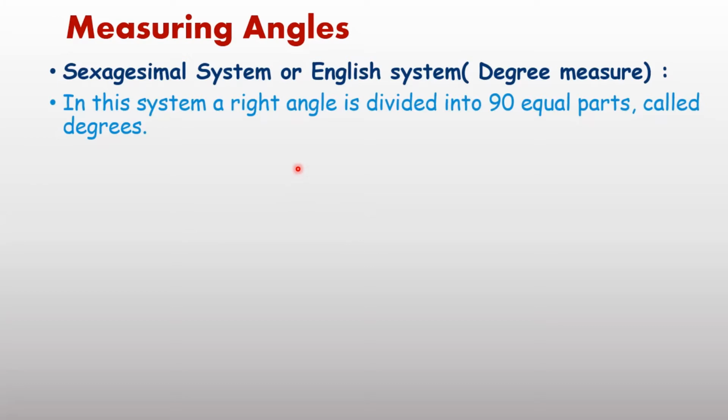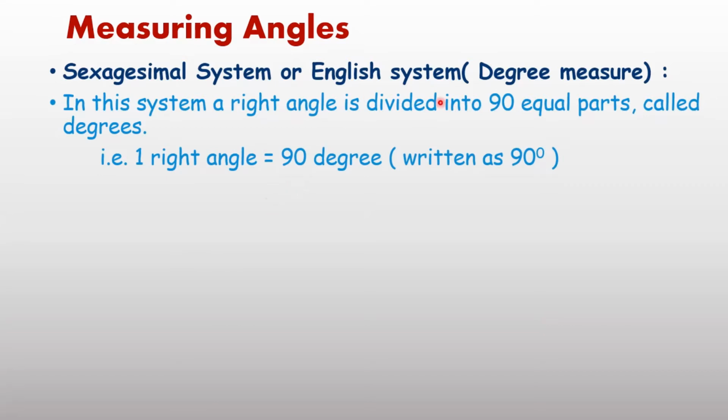If you draw two perpendicular lines on a plane, then the complete angle is divided in 4 equal parts, and each part is known as one right angle. This part is clear. If you draw two perpendicular lines, then at a point there is a complete angle divided in 4 equal parts. Or you can also take the example of the x and y axes. The intersection point of the x and y axes is the origin. Then at the origin, the complete angle is divided in 4 equal parts, and each part is known as a right angle.